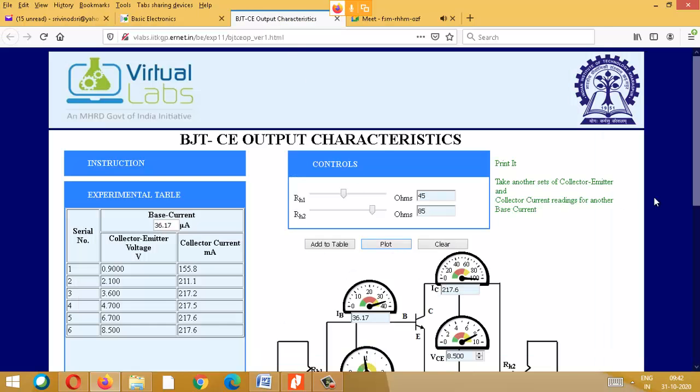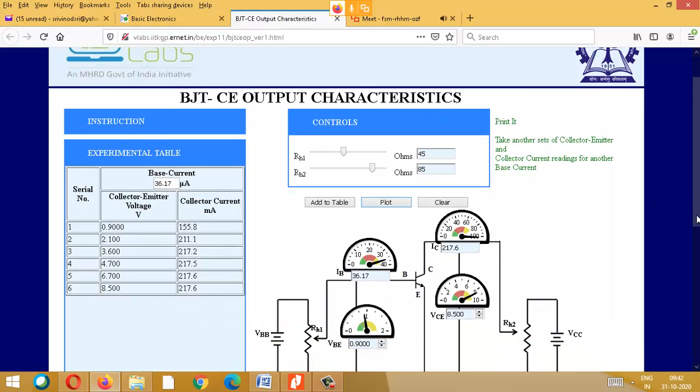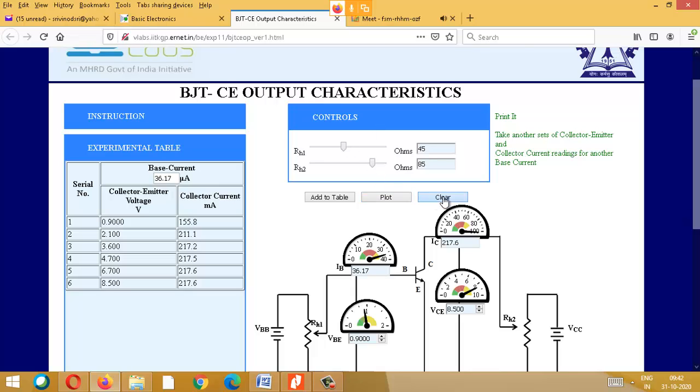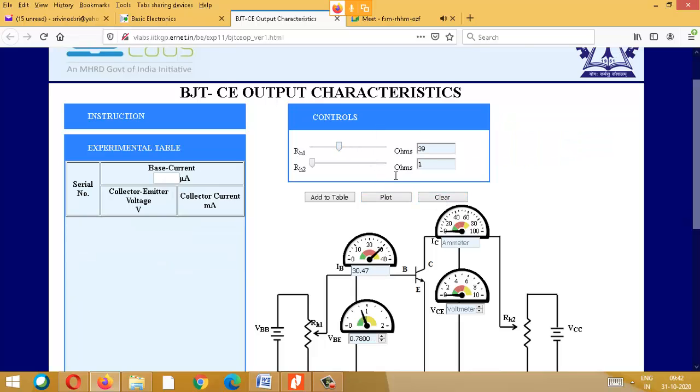So that is what we have seen from these output characteristics. You can even see, if I keep it here, automatically if this base current is around 30 microamps, you are able to get a current of 137, and it may go till 168. If I clear it and again keep it at some other value, then